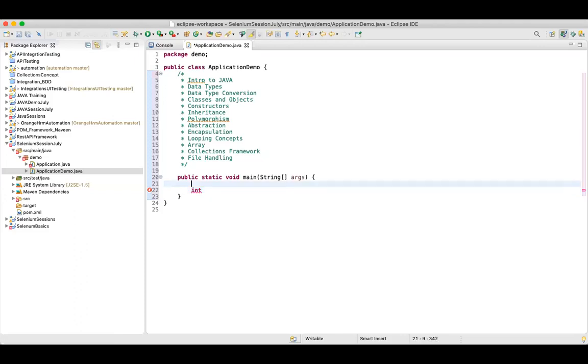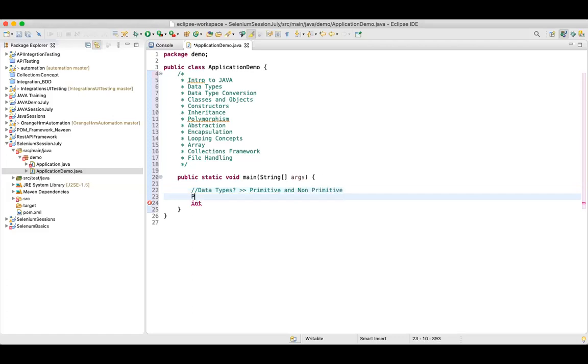Now let us see what data types are available in Java before we move on. Let's first see how many types of data types we have in Java. Data types in Java are divided into primitive and non-primitive.